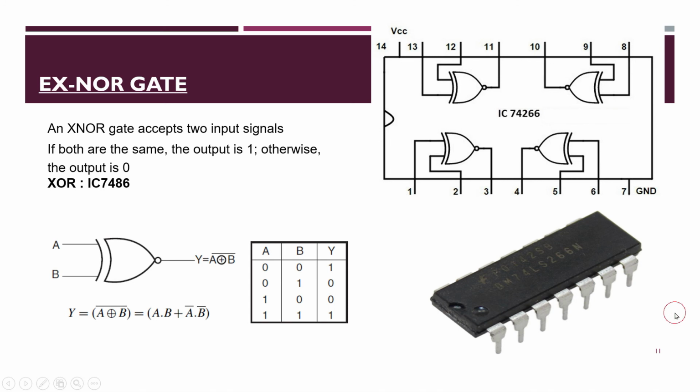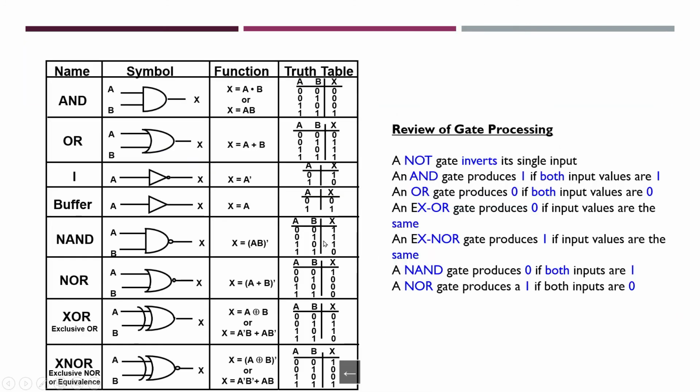The last part is going to be the conclusion, or a summary of all the gates that we have discussed. For each and every gate you have the symbols, the functions, that means the Boolean expression, and the truth table is also mentioned. This one denotes the NOT gate, and in some cases we call it an inverter gate, because it is just the inversion of the input. If it is 1, it will be 0, and if it is 0, it will be 1. And they have mentioned a buffer also.